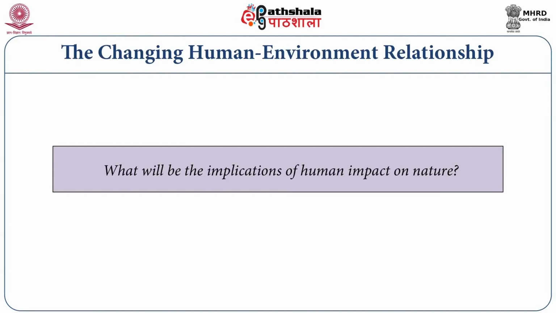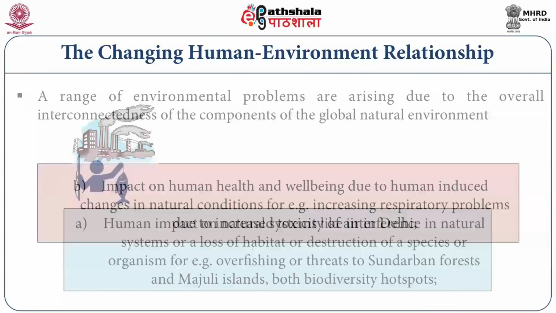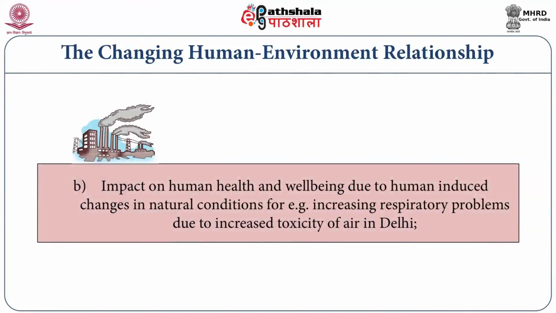What will be the implication of human impact on nature? A range of environmental problems are arising due to the overall interconnection of the components of the global natural environment. Human impact on natural systems, like interference in natural systems or a loss of a habitat or destruction of a species or organism, for example, overfishing or threats to Sundarbans forests and Majuli Islands, both biodiversity hotspots, or impact on human health and well-being due to human-induced changes in natural conditions. For example, increasing respiratory problems due to increased toxicity of air in Delhi,